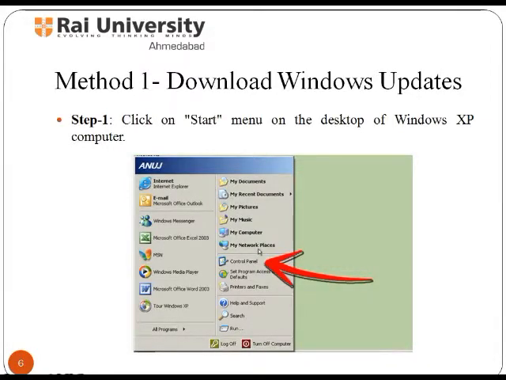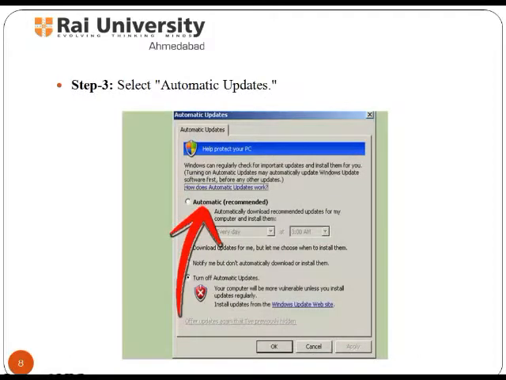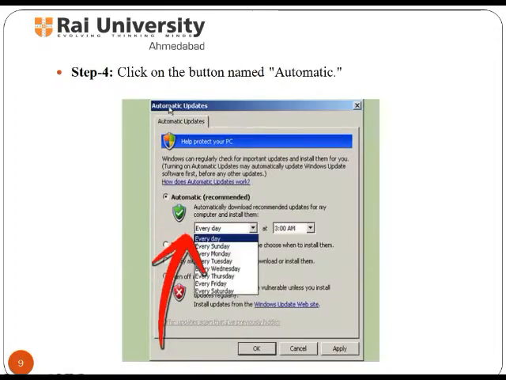First, click on Start menu and then go to Control Panel. Then from Control Panel, select Automatic Updates. You can see a toolbar that opens on your screen. You have to click on automatic to download recommended updates for my computer and install them.